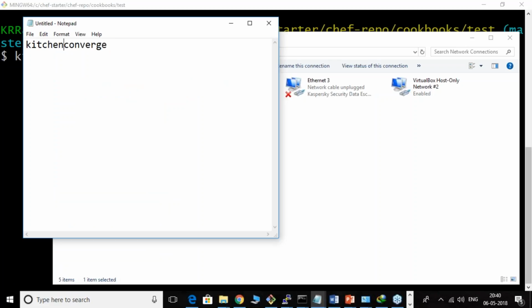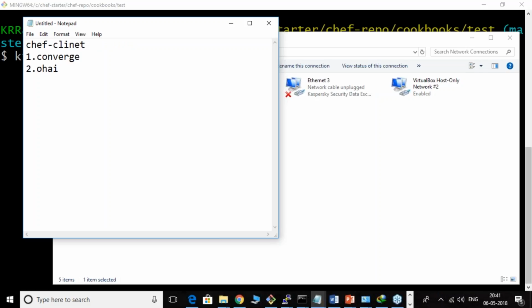Convergence is nothing but when you run chef-client on any node, generally we run only one command, that is chef-client. When you run the chef-client, it will do two things. One is convergence, second one is